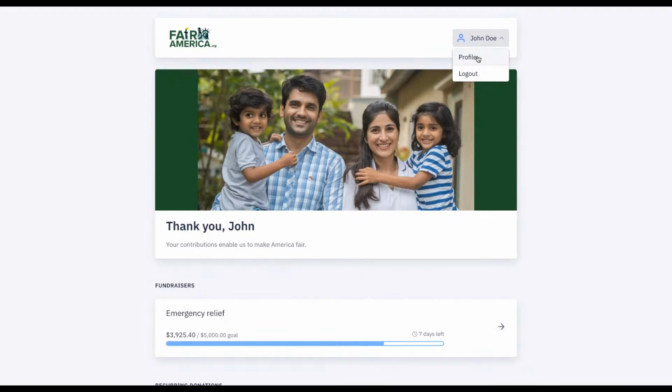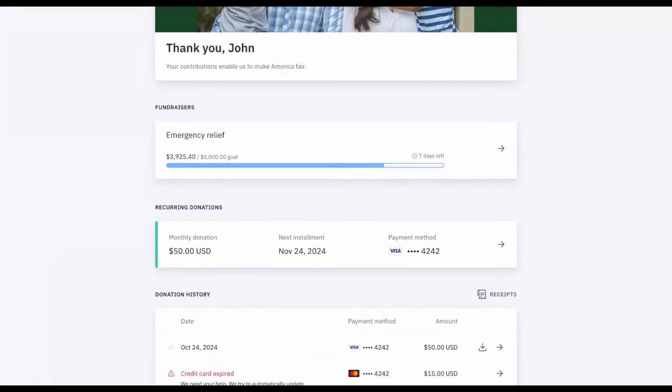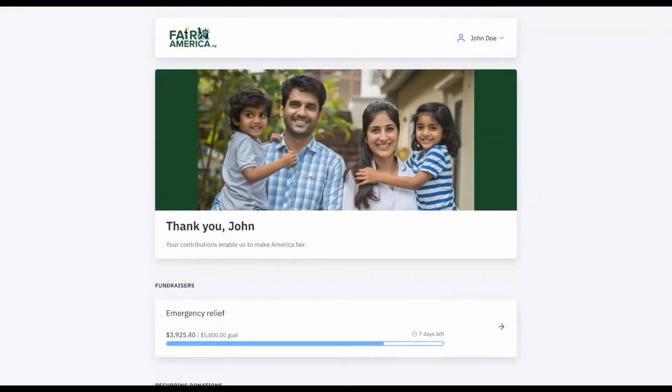By that I mean if you want to change your credit card or your payment method, you should be able to do it on this portal. If you want to increase, decrease, or cancel, you should be able to do all of that on this portal. And anyone should be able to check this out using Giving Fair America / demo. I'll post it in the